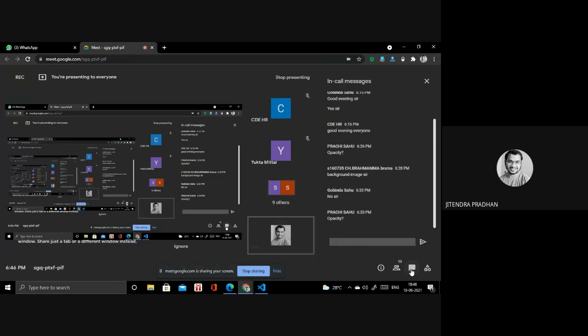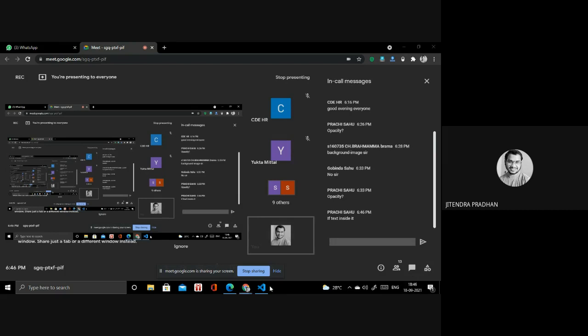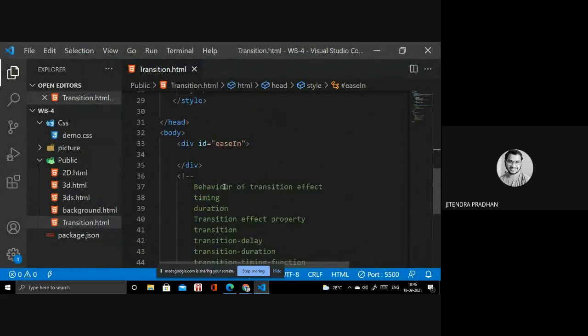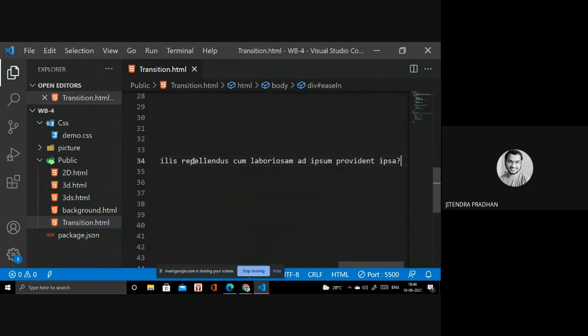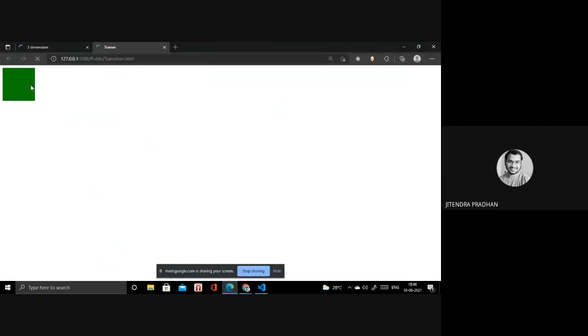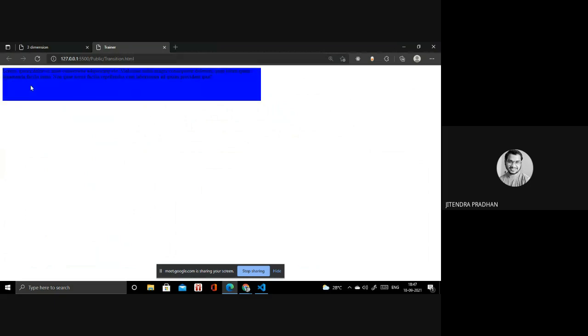Okay, I hope you have already cleared all these things. So we have to go to that animation. You know that if you are using mobile or whatever, you can write text inside it, not an issue. I will write some text. Okay, done. It will work like that.